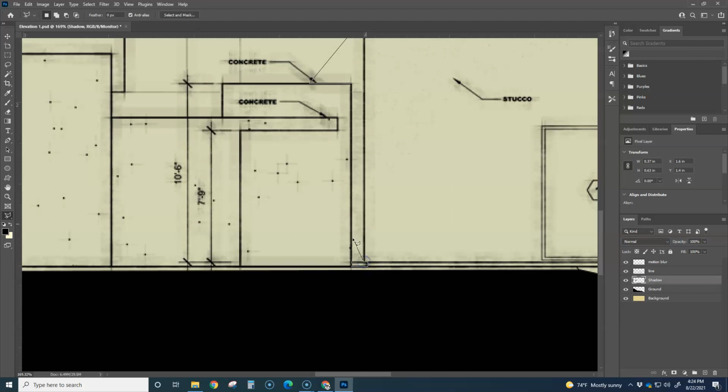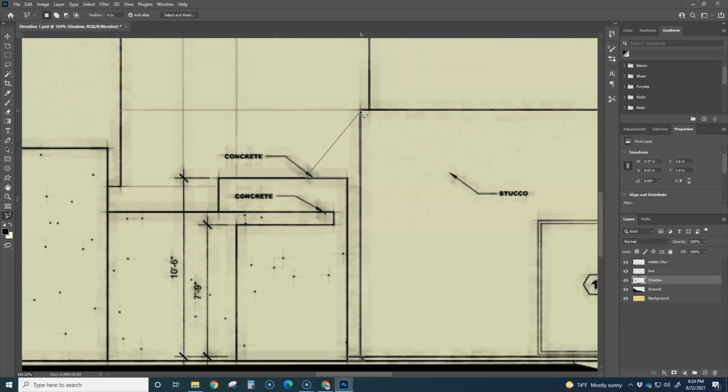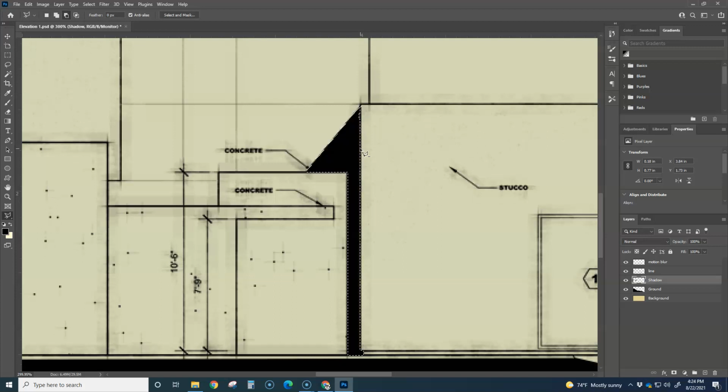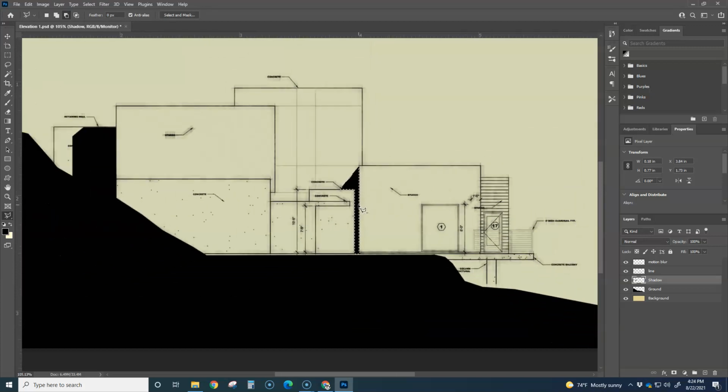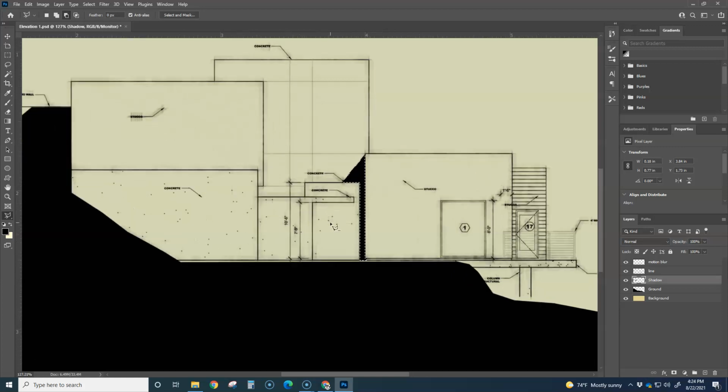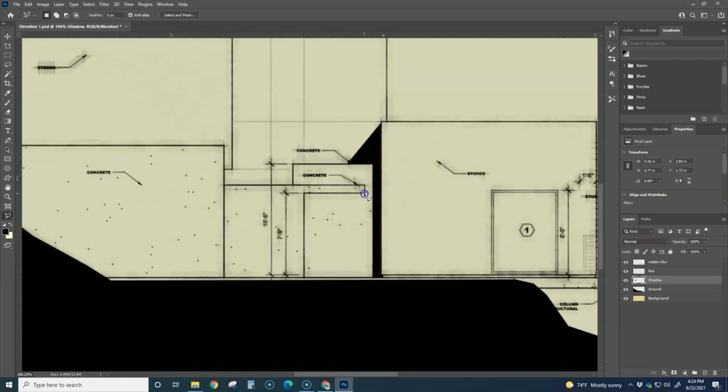That little doohickey there. And again, don't be too concerned that it's too dark. And then I know this guy's in front of that guy. So it's going to cast a shadow from here coming down, and then maybe it'll just disappear. Double click,